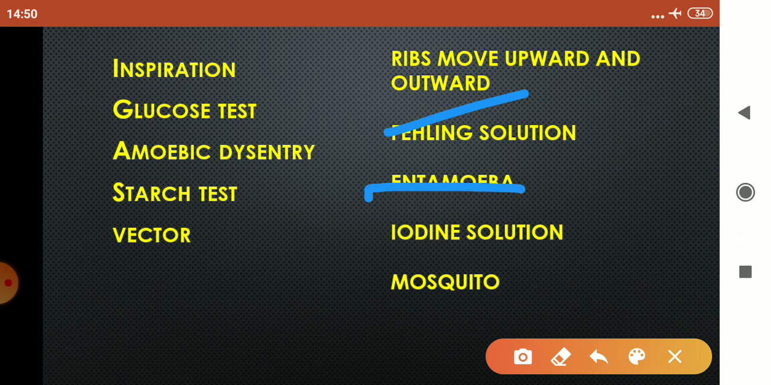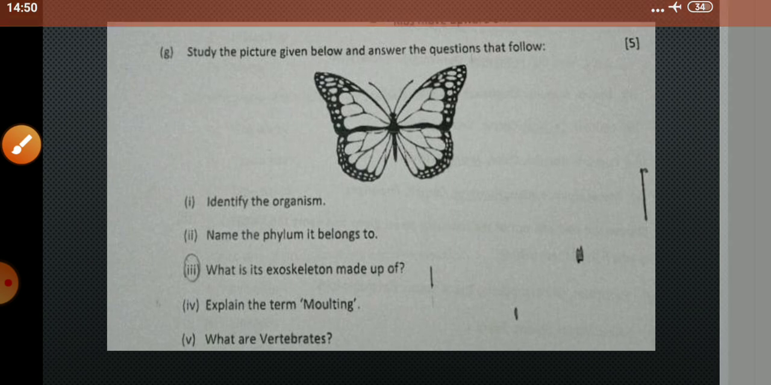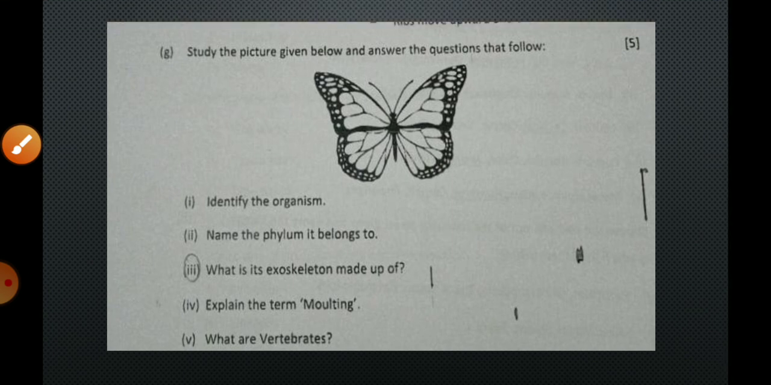Amoebic dysentery, Entamoeba. Starch test, iodine solution. And vector, mosquito. Now children, the next question is the G part of question number 1 of section 1 is